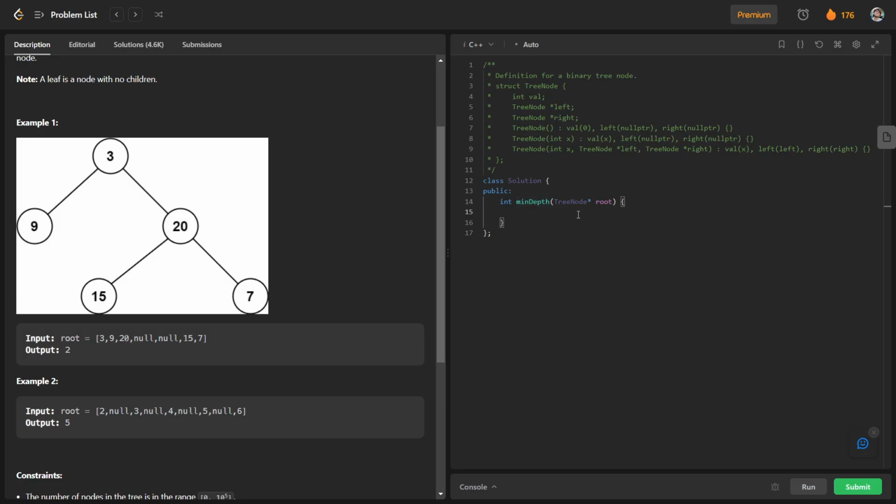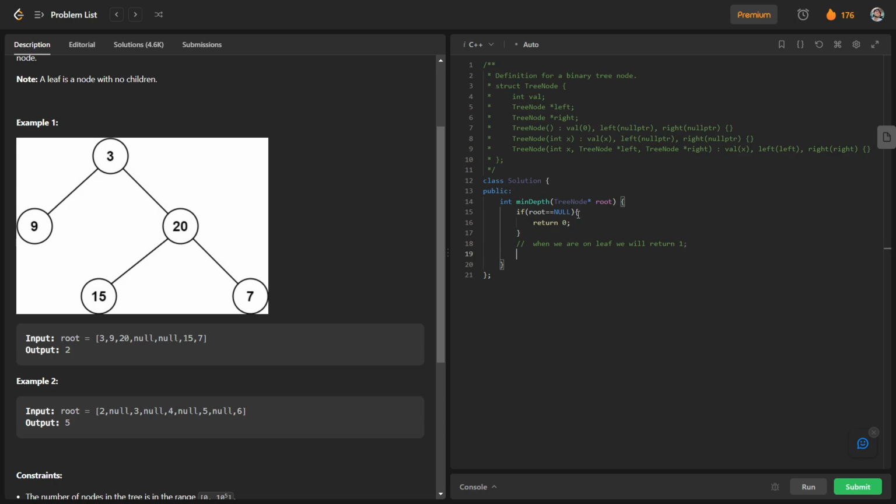So basically talking about base cases, if root is equal to null, what we will do, we will just return 0 in this case. And when we are on a leaf, we will return 1.